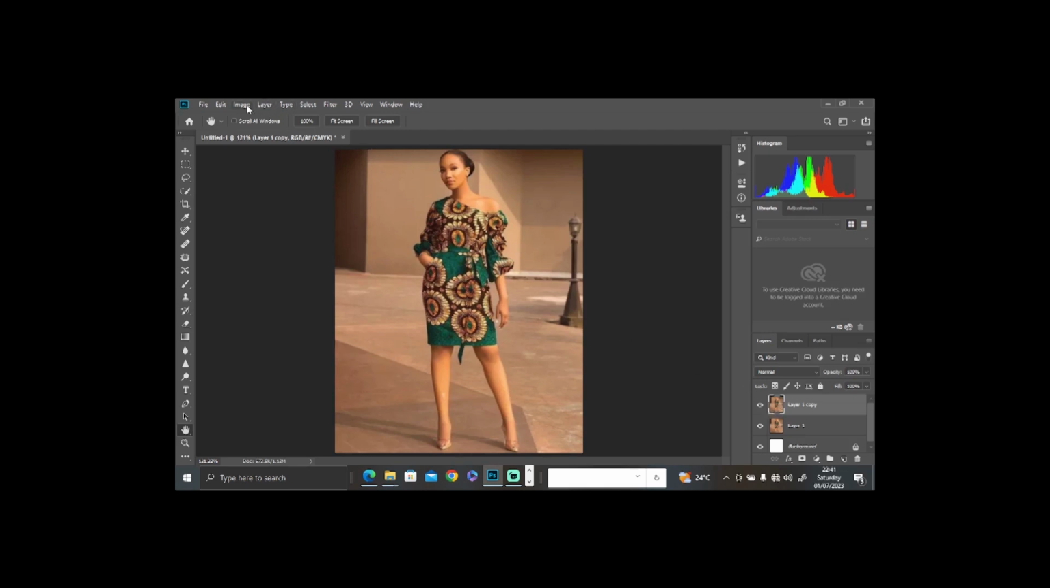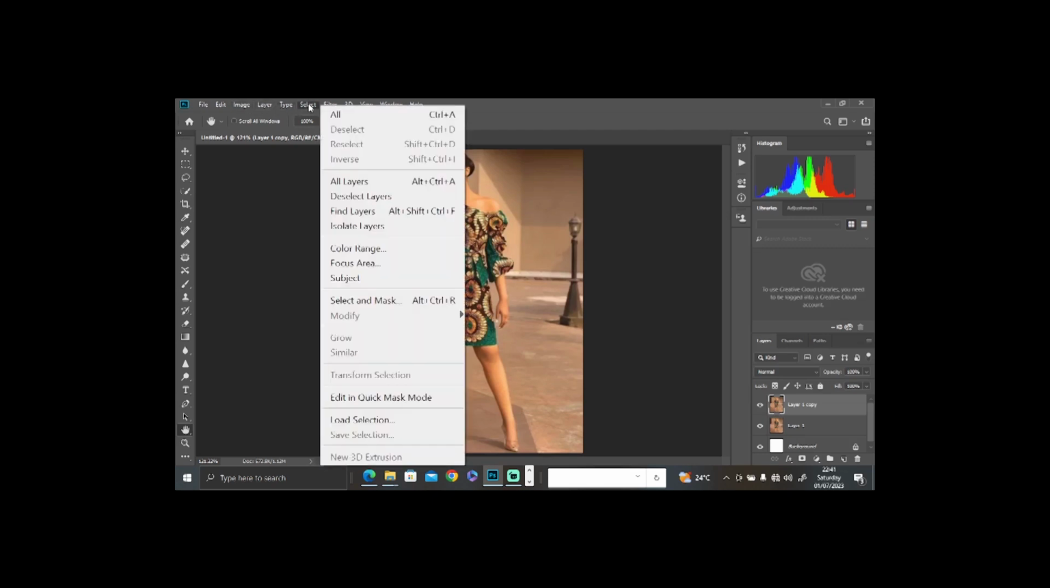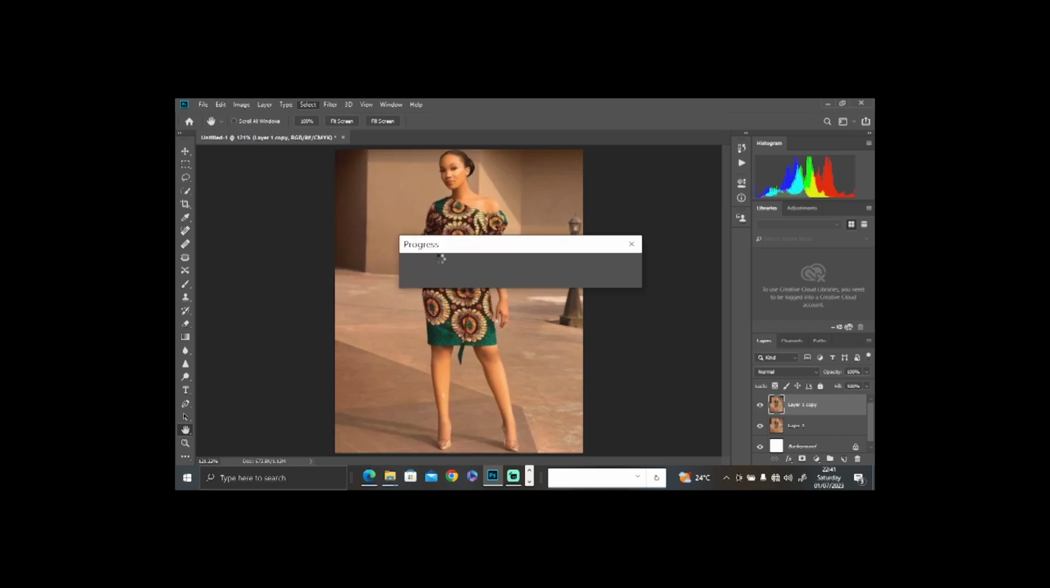I come to select, then I come to subject. So now we want to select the subject from the background. So we want to create the difference between the subject and the background. So after this, after our subject has been selected, I'm going to